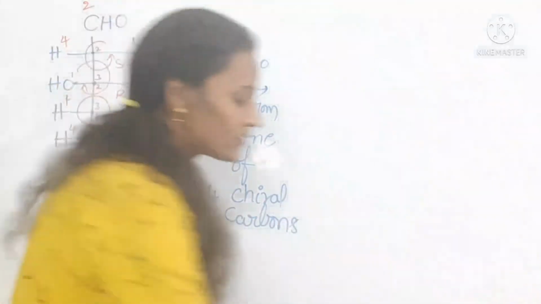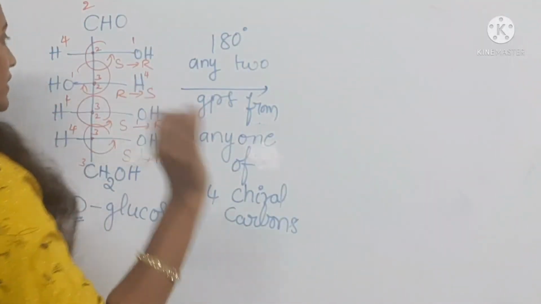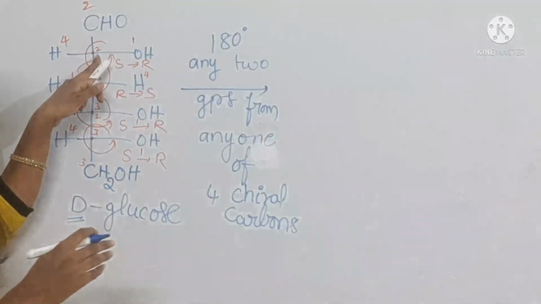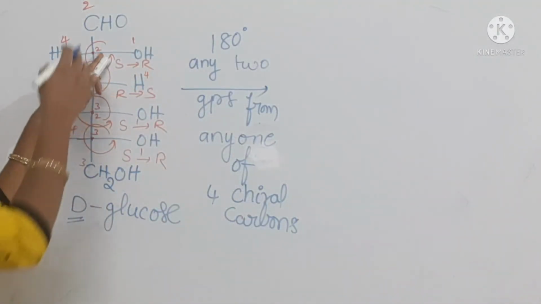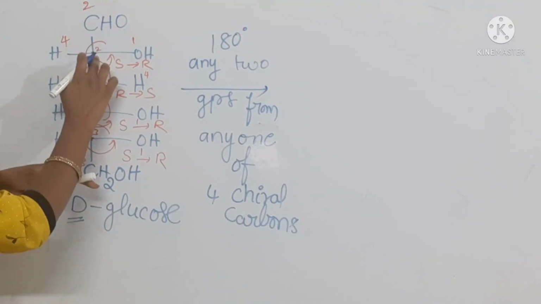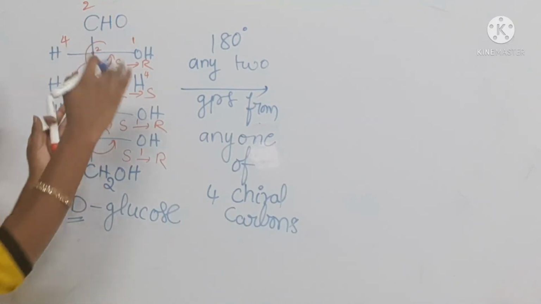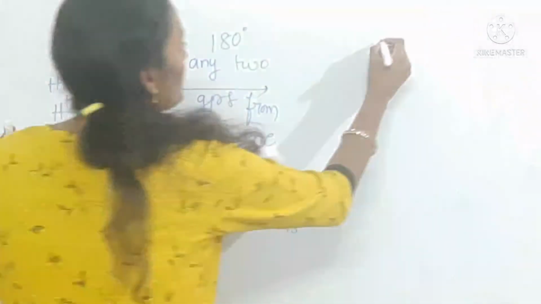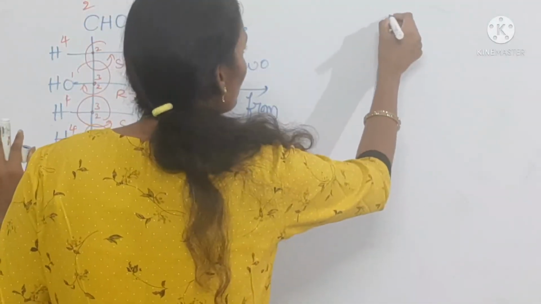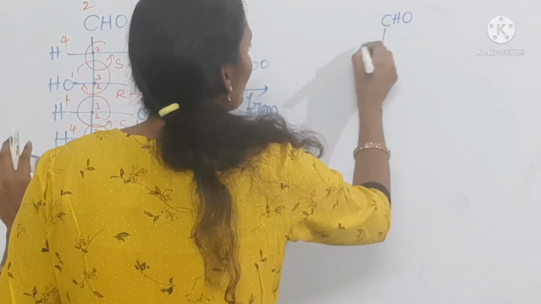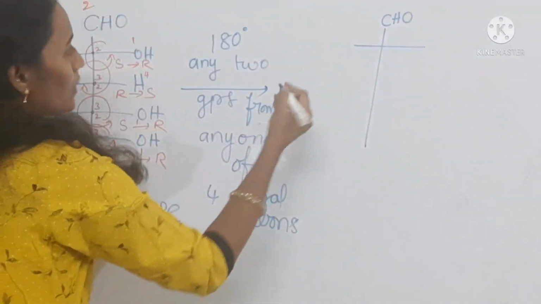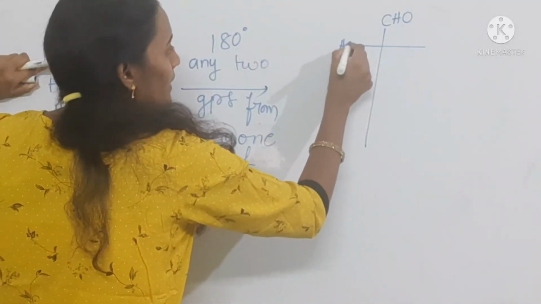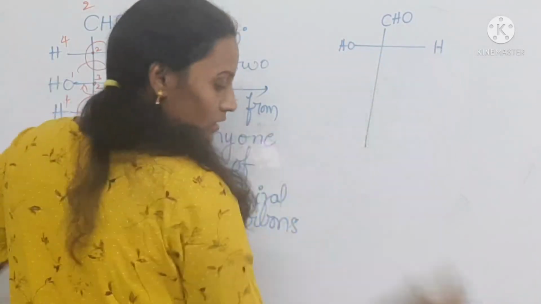Remaining all are the same, students. For this one I am going to choose the first chiral center, this one, C2. If you number, this is the first carbon, this is the second carbon. I am going to exchange the groups present on the second carbon. See what I will get. Observe once, CHO is the same for this first carbon. By 180 degrees rotation, left becomes right, right becomes left.